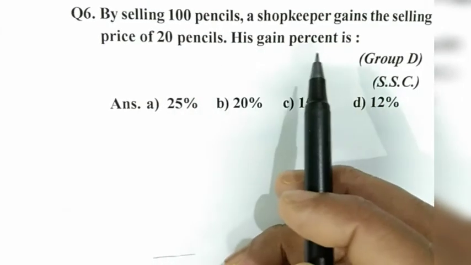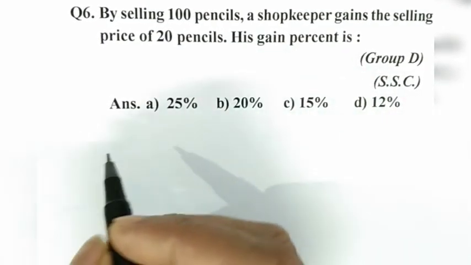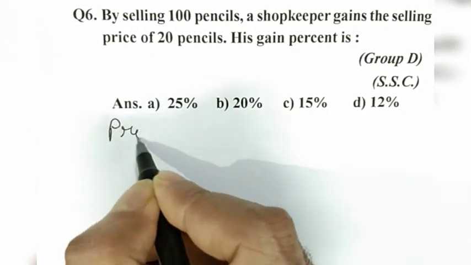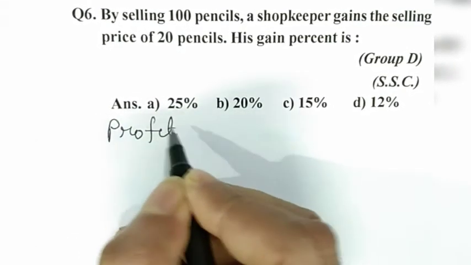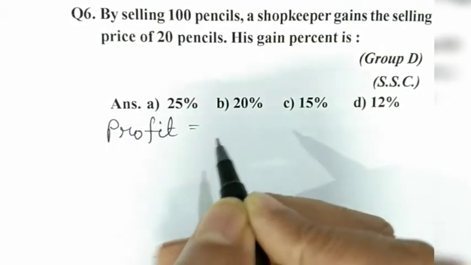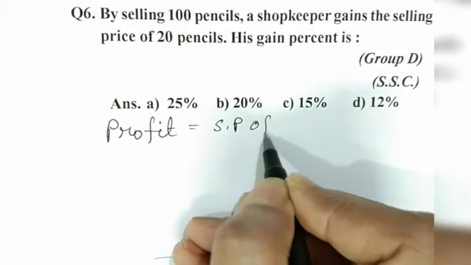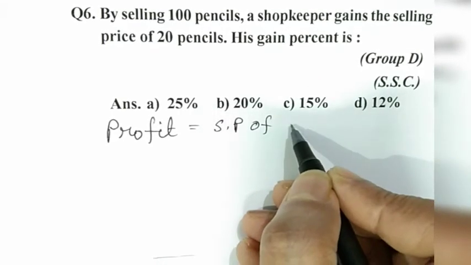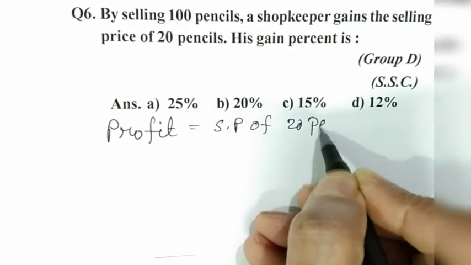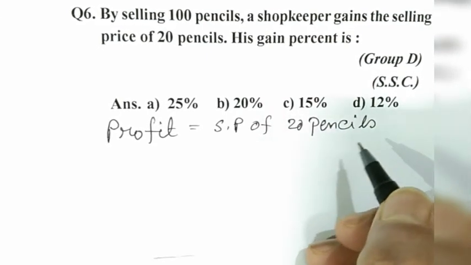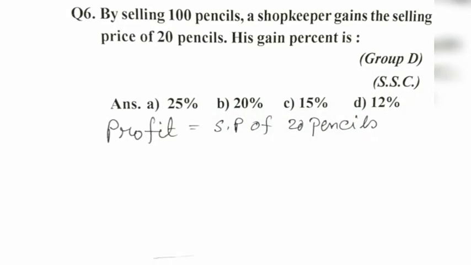His gain percent is, here profit is selling price of 20 pencils out of 100 pencils. Okay, so we can write